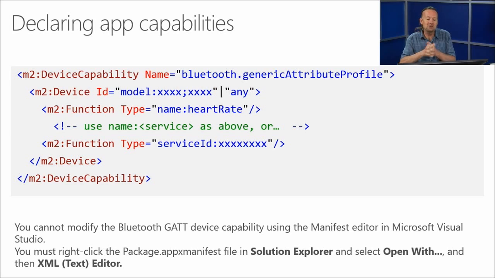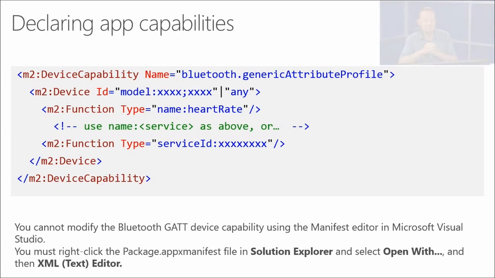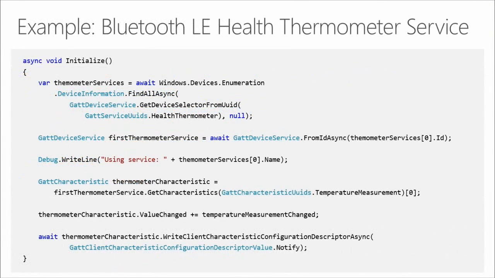And if you don't want to use the name : heart rate syntax, you can use this service ID : and then you put a GUID identification in that. So there's a little bit of stuff there you need to do. Now, a little bit of code I'm just going to show. The Bluetooth LE Health. This is an example of connecting to a health thermometer, a Bluetooth LE thermometer service on a smart thermometer. And the first thing is you will always do